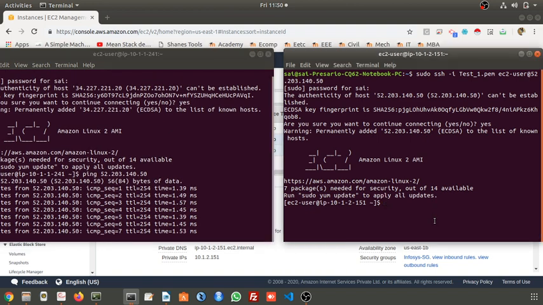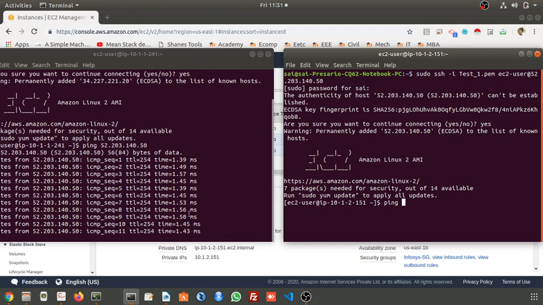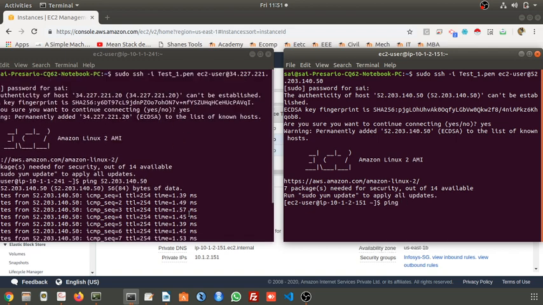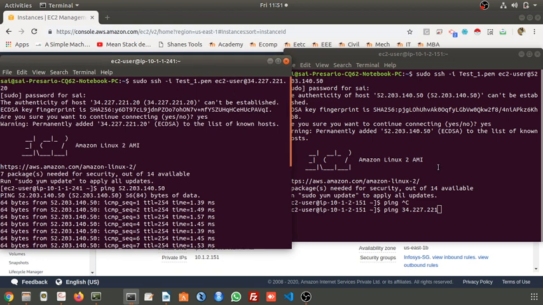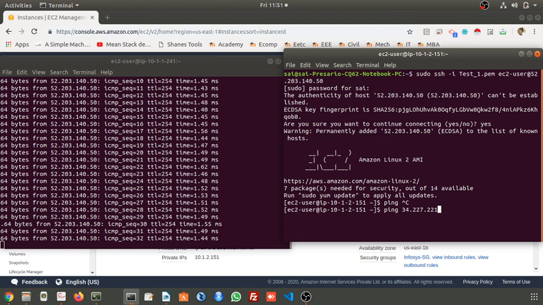Okay, let's connect to this machine. Ping, what is that? Sorry. Ping 34.227.21.20. Not 20. Okay.